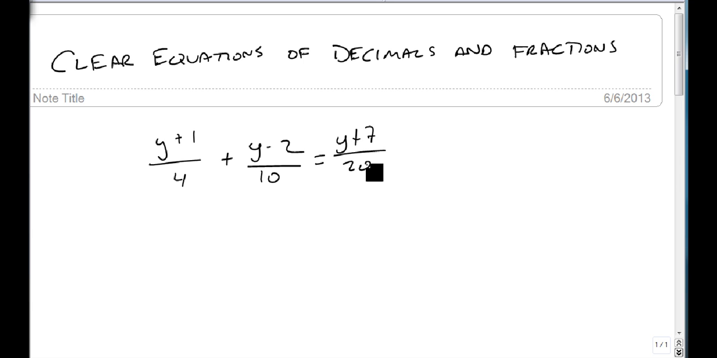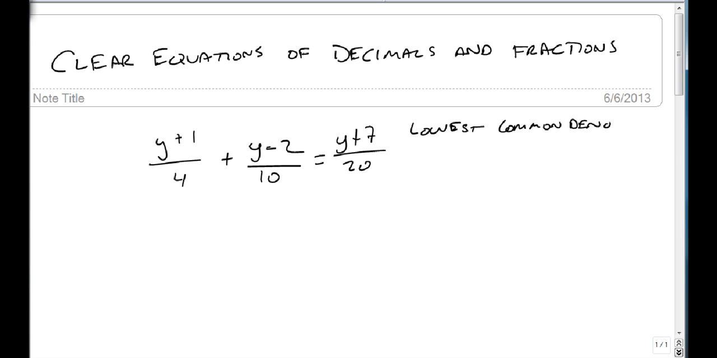And when they see this, they panic a little bit because the fractions are in the way, and it's not as easy to add, subtract, multiply or divide numbers that are fractions. And so the goal is to remove the fractions or the decimals from the problem so that they become easier to solve. And the way we do this is we find our lowest common denominator,